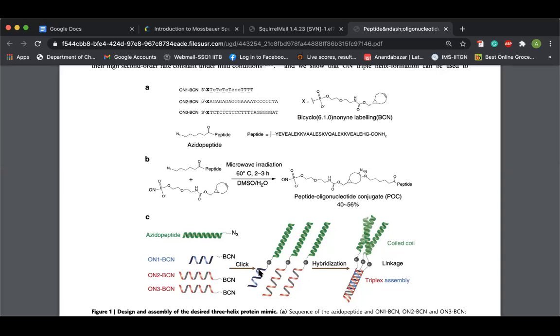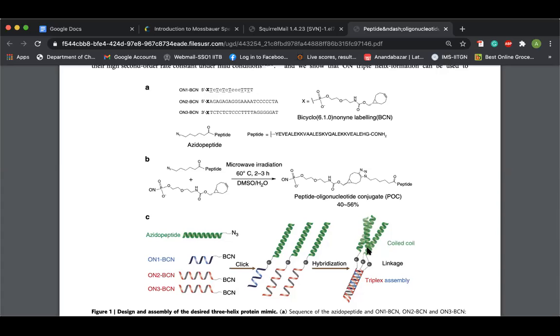Now, once they form this, they actually mix them. What they mix? Same sequence of the protein, but different sequence of this oligonucleotide. And once they put it together, what they're expecting, this oligonucleotide will create an assembly among them. And if it creates an assembly among them, these proteins will also come very close together and form what is known as a coiled coil. That means each of them are already a coil, and between them, they are forming a coil. Okay, it is nothing but 3 coils forming coils among themselves.